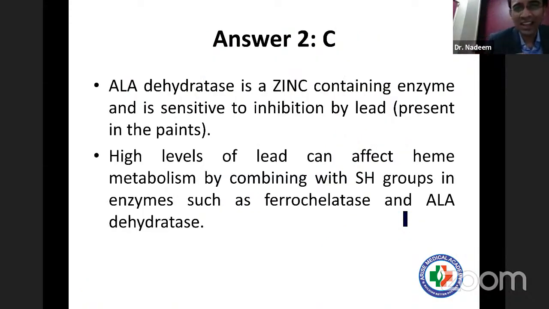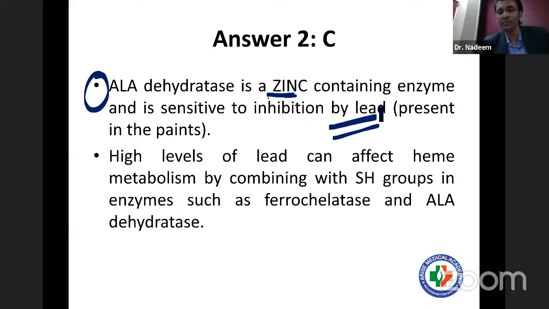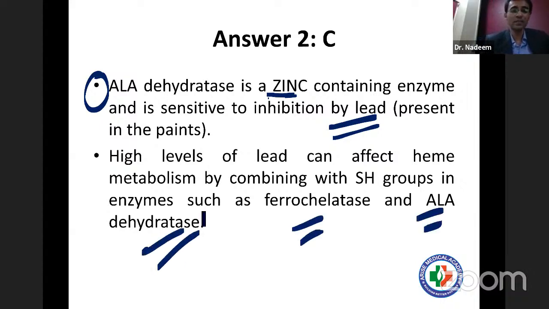Please understand that ALA dehydratase is a zinc containing enzyme, which is very, very sensitive to inhibition by lead. Fine? Easy to understand? So high level of lead can affect heme metabolism. I hope you remember this one. Like in heme metabolism in biochemistry, you have learned that lead acts by combining with sulfhydryl groups in enzymes such as ferrochelatase and ALA dehydratase. Answer is